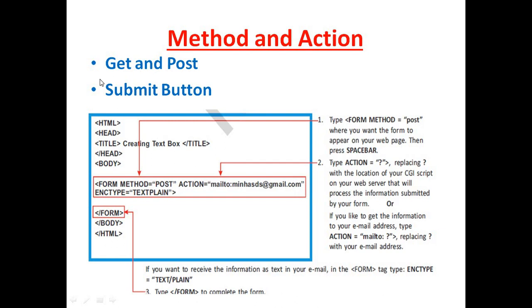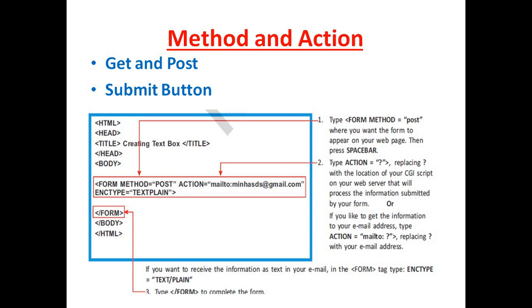Okay, so with GET, the data in the form is given from the form to the form processor in the form of an environment variable. By default, if you have not assigned any method, the form will automatically get the GET property. And if the method property of the form is set to POST, then the data in the form is given to the form processor as the standard input of the program.